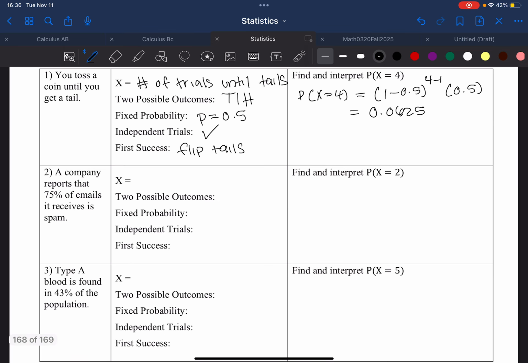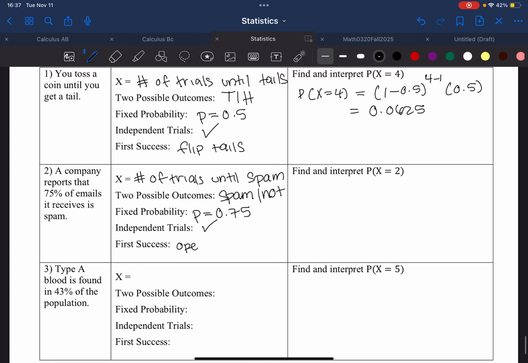Number 2 says a company reports that 75% of emails it receives is spam. So x is going to be the number of trials until we get a spam. We have two possible outcomes, and that is spam or not spam. We have a fixed probability given as p equals 0.75. We know that these are independent trials because we're assuming you have many emails in your inbox. So yes, it's an independent trial. And then we know we have a success once we open an email that is spam. So we open emails